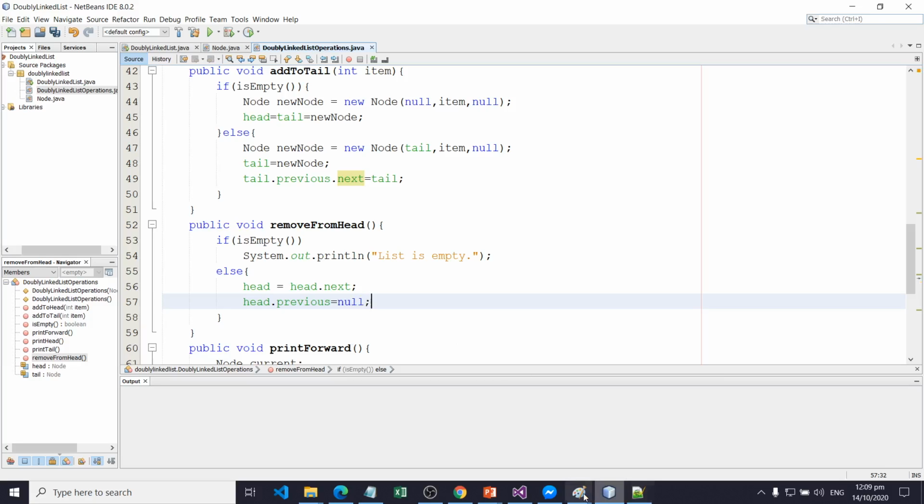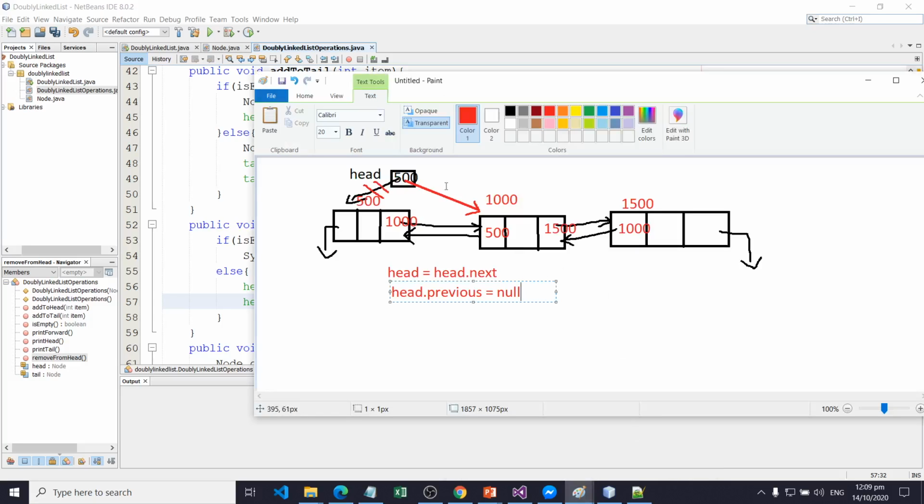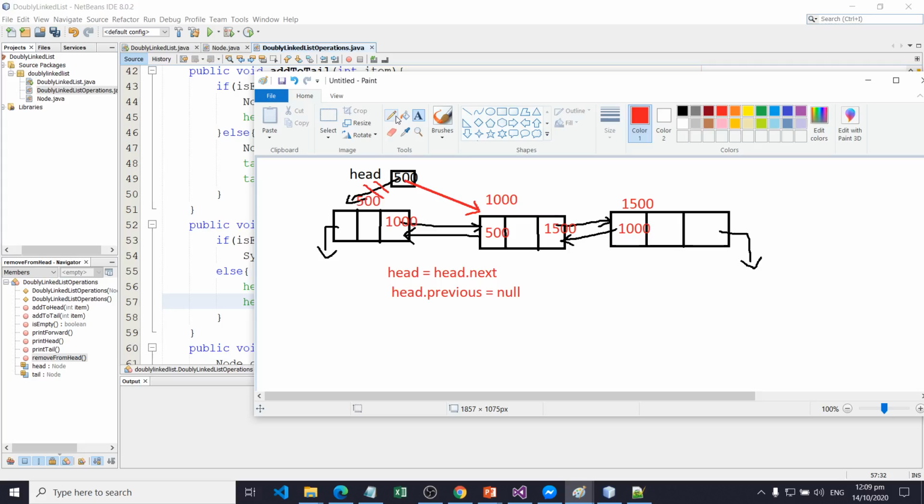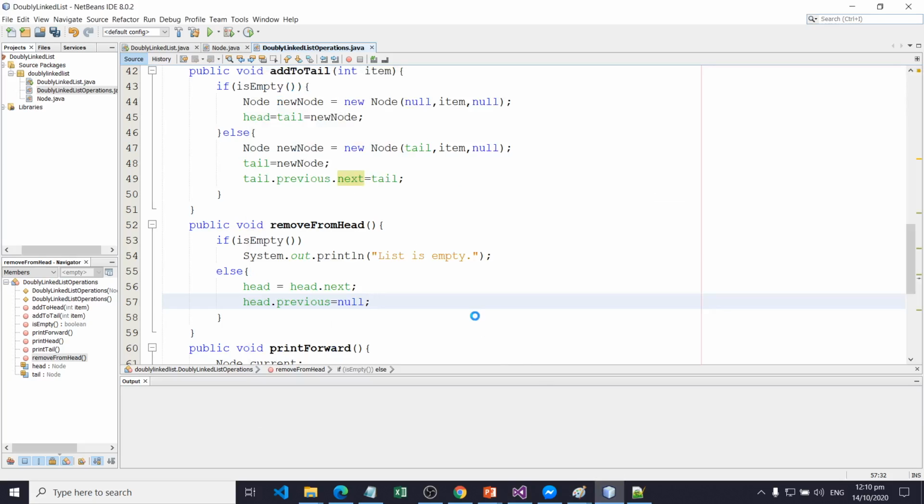So at this time, head dot previous is not pointing to this node, but it's pointing to null. So there's no link in this link. There's no address that will be stored in this link, but it's null. Now let's try to run. Save and run.